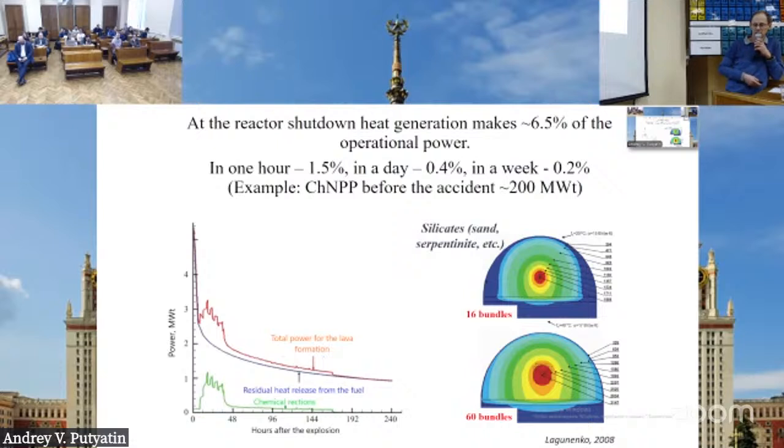Let's go now to large-scale accidents, not to experiments, but to large-scale accidents. For example, in case of Chernobyl again, you have a destroyed reactor core. You have numerous fuel bundles which are just scattered around. There is no cooling. And of course, there is a lot of construction materials which just fell over these destroyed fuel bundles. And if you make a very simple thermomechanical modeling, if you have, for example, 16 bundles soon, immediately